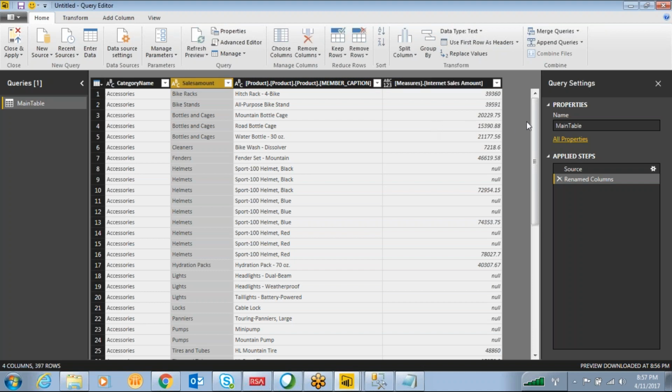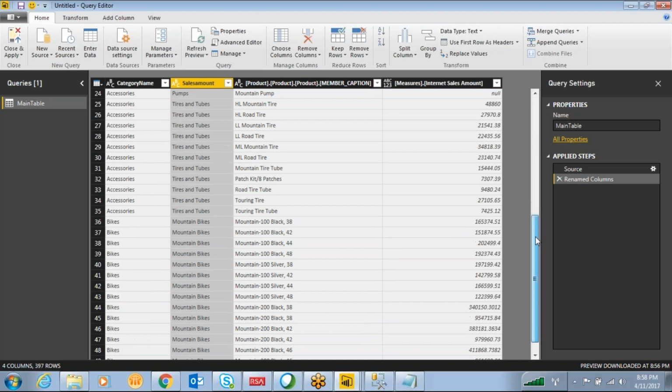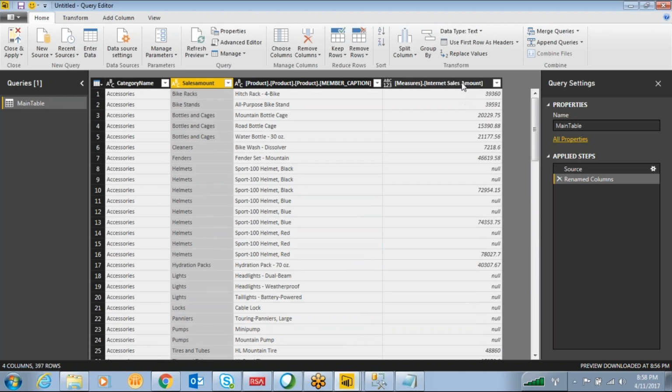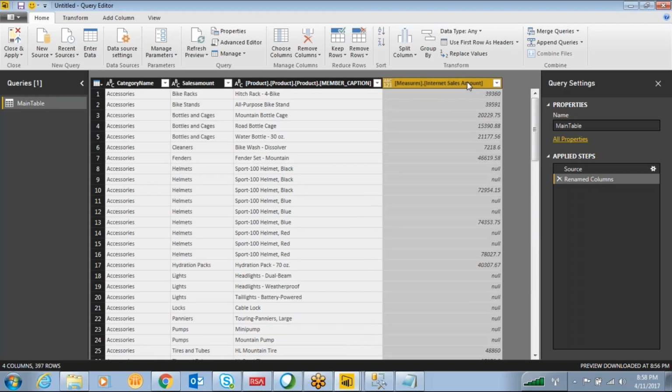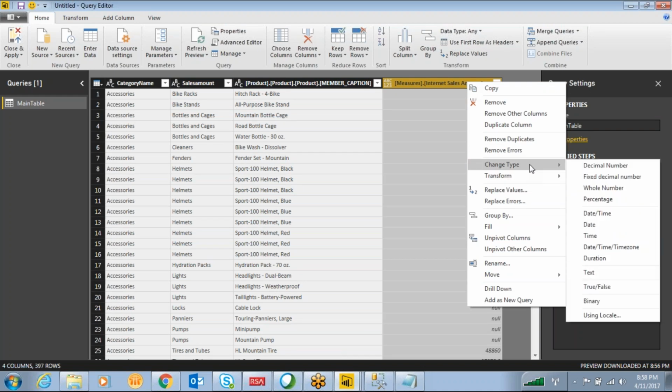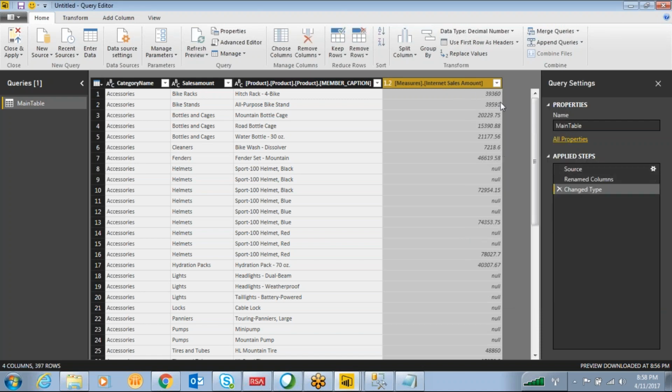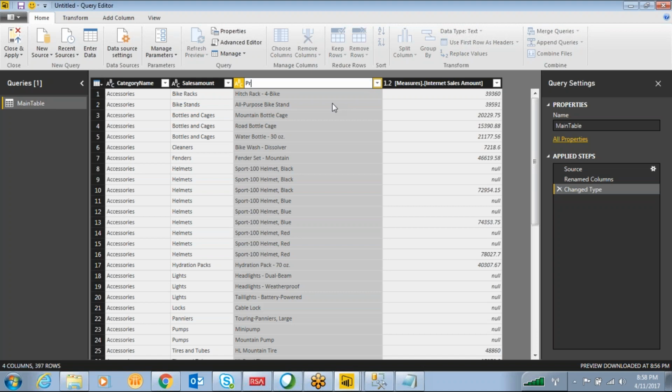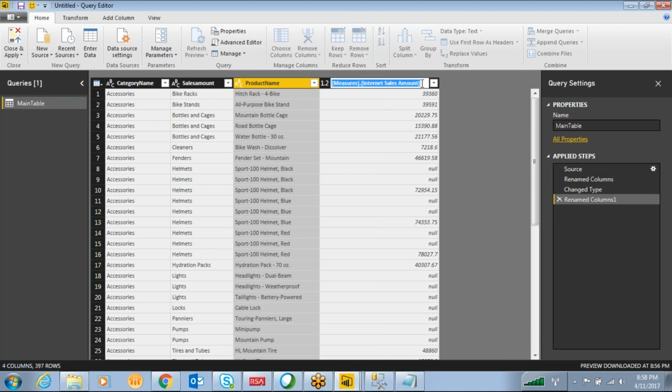Right? Okay, so here we have to do one formatting change. What is the format we have to do? The data type of this measure value I want to change into decimal. Then only can you do some calculations on these values. After converting the data type of the sales amount, sorry, it is not changing here, so I'm going to keep the product name. Okay, so this is sales amount. Clear?